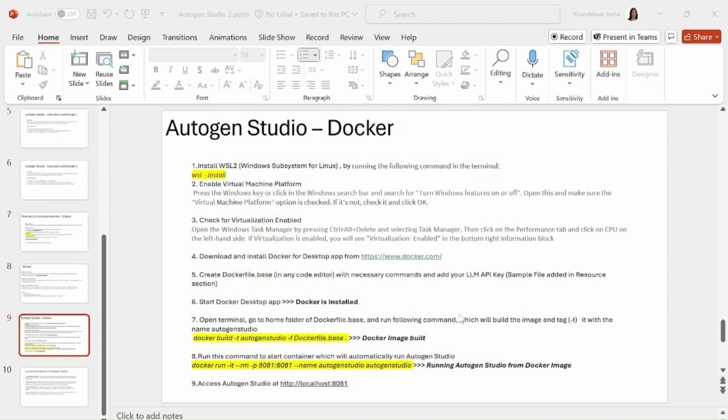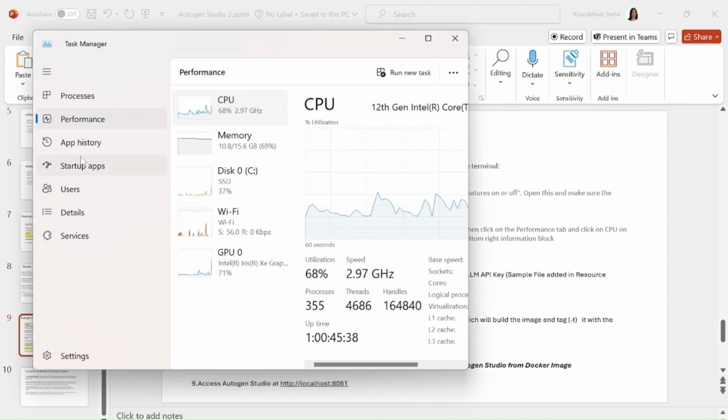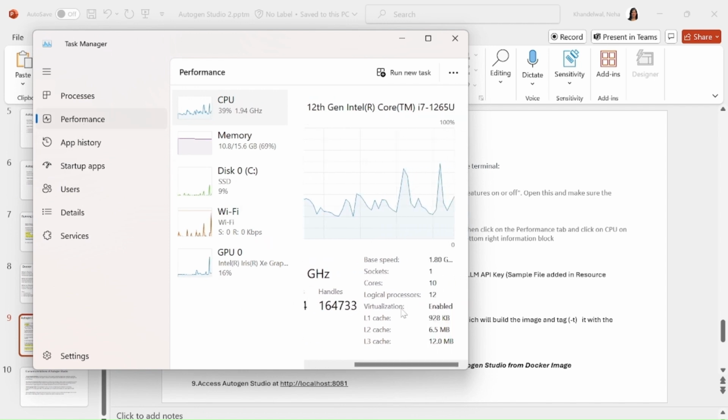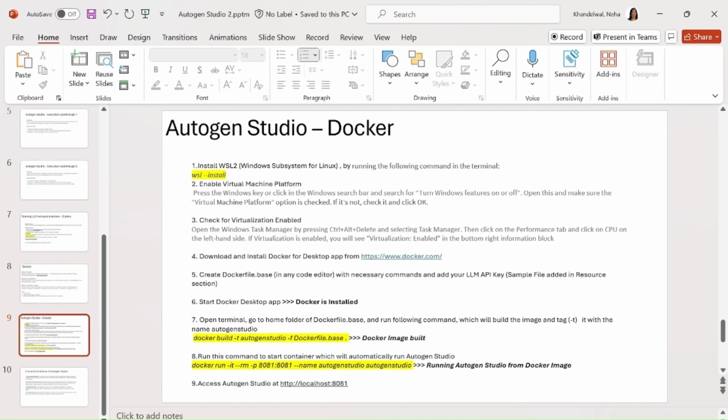And the second part is that you have to check whether virtualization is enabled by going to the Task Manager and clicking on Performance. On the bottom side, you can see virtualization. This has to be enabled. If it is not enabled, go ahead and enable it in order to install Docker on your Windows machine. Now, after these three steps, you can go ahead and install the Docker app from